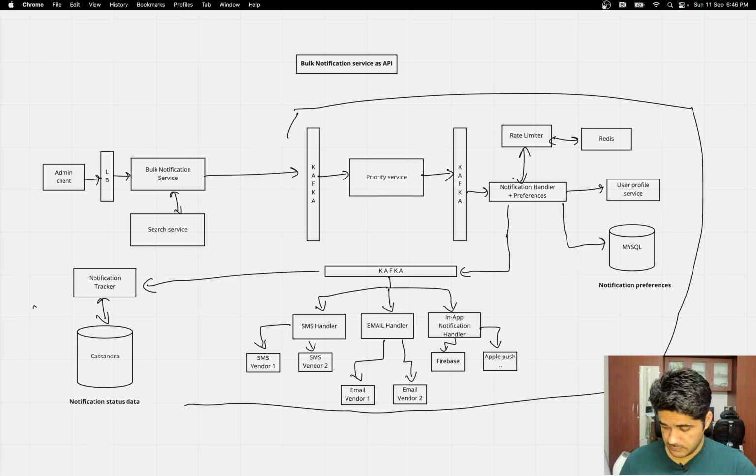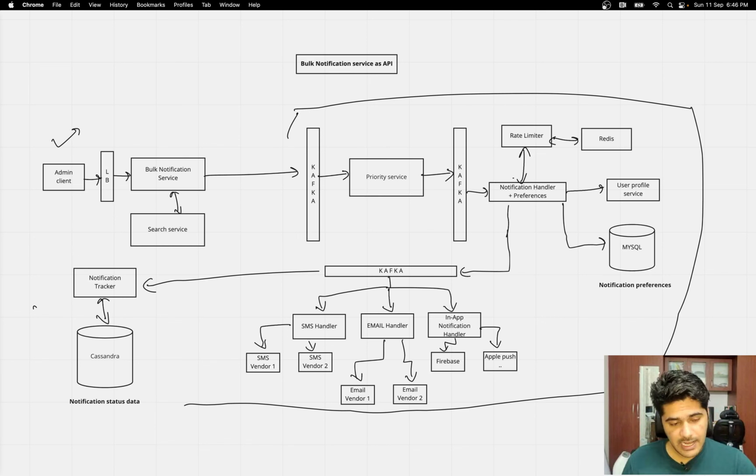The only thing we are changing here is, like I gave you the example of bulk notification: if a cricket match is starting or a football match is starting, and you want to notify your users to come to your platform and watch the match, it is going very well, and so on. In that case, an admin will start that query, a data admin basically.